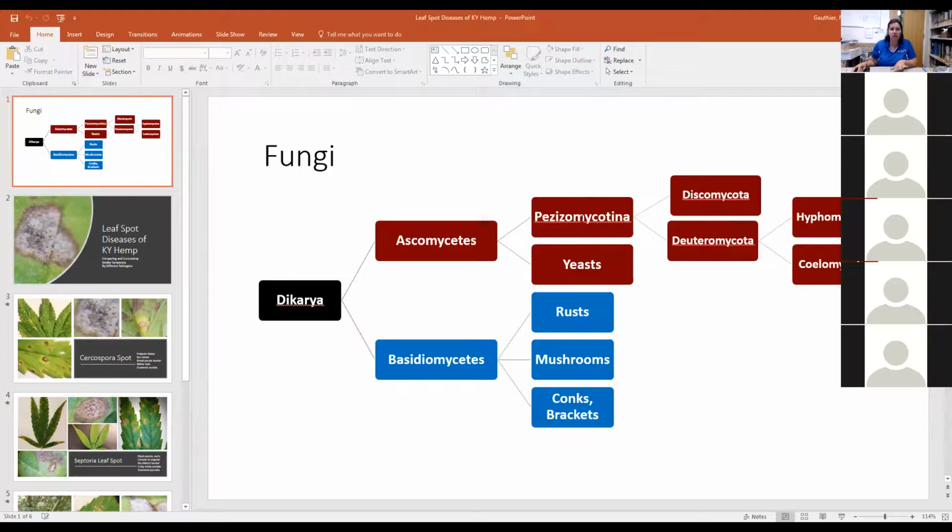Can you see my mouse? The yeasts, besides human yeast and just some saprophytes, the only yeast we really deal much with is peach leaf curl. That is a yeast. Other than that, we're up here in the Pezizomycotina. And within those, we divide again the Discomycota. That's your